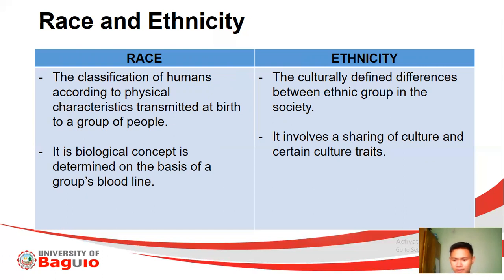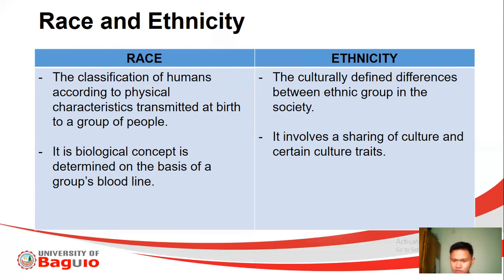They have brown skin when you say Filipinos, or people who are located in the Southeast Asian nations, right? They have a brown skin tone, all of those things. And of course, it is still based on the bloodline. If your parents are Filipinos, therefore you're a Filipino. If you're Fil-Am, of course, you're a mix of Filipino and American. So that is race. You are being classified based on your own physical characteristics and your own bloodline.